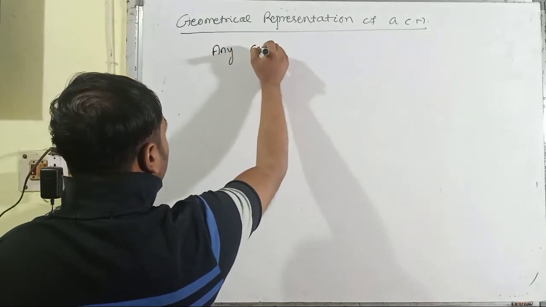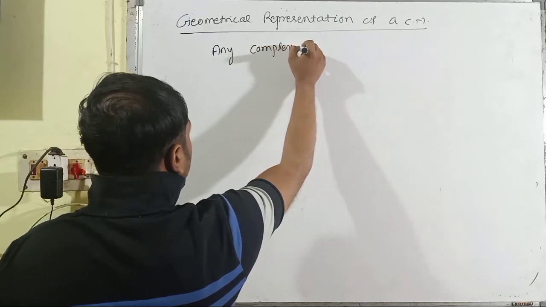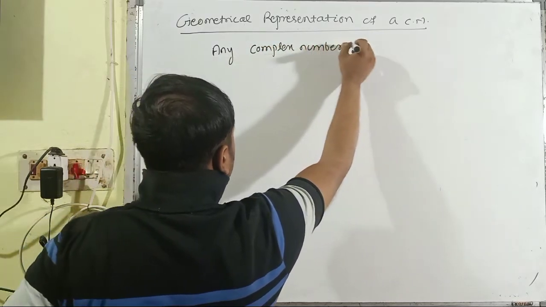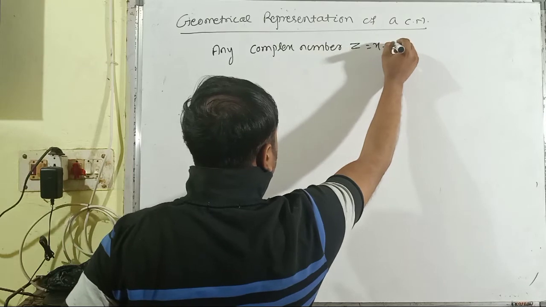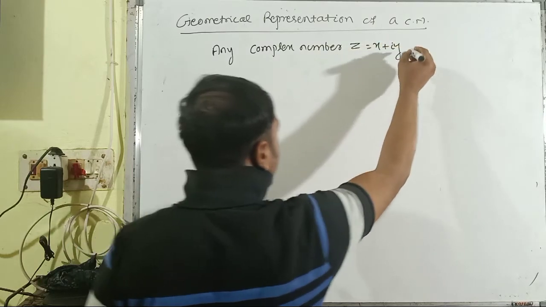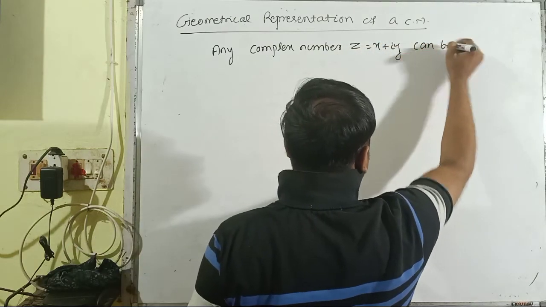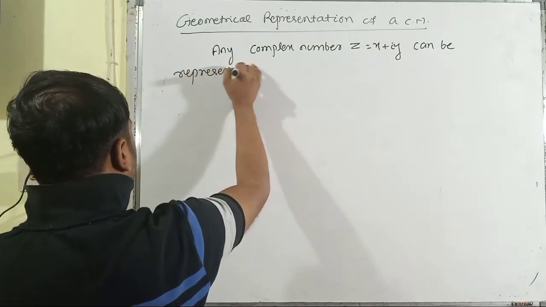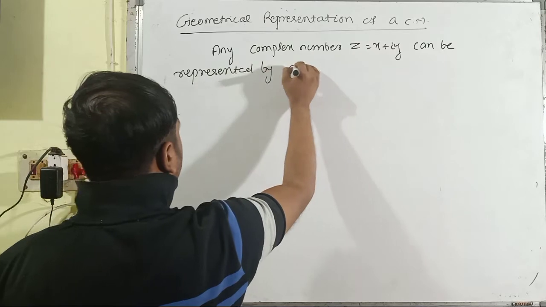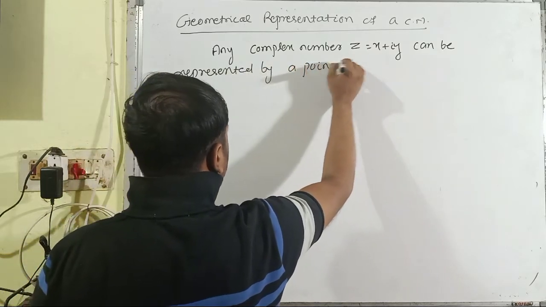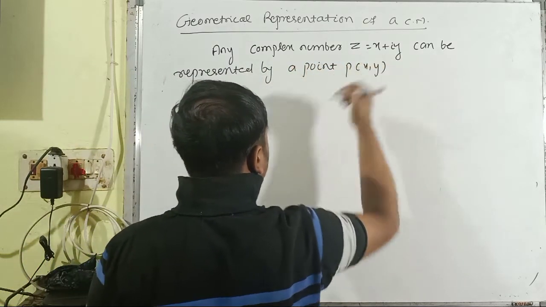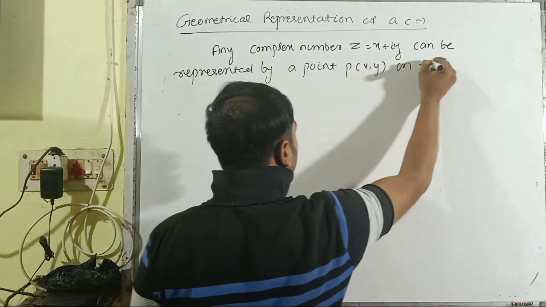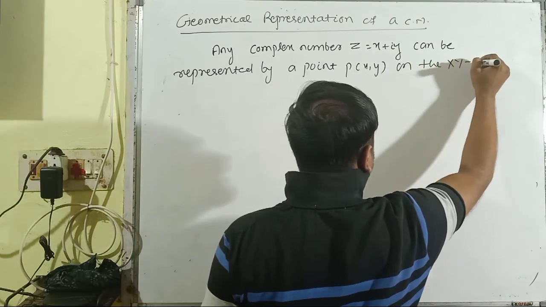Any complex number z is equal to x plus iy can be represented by a point P(x, y) on the xy plane,